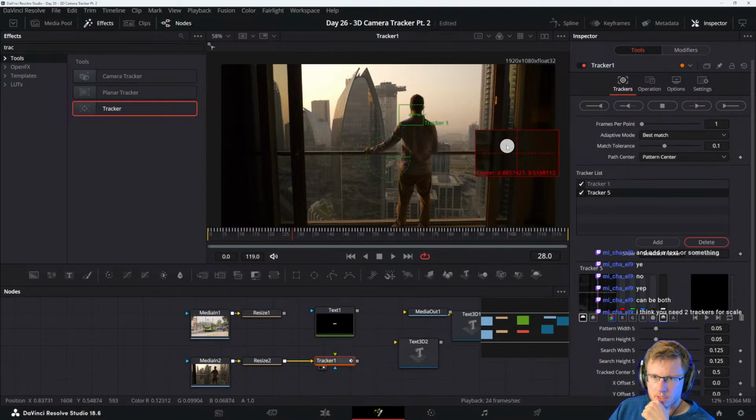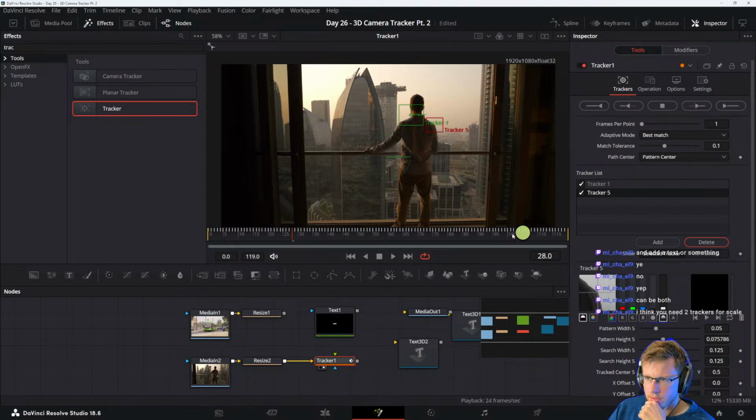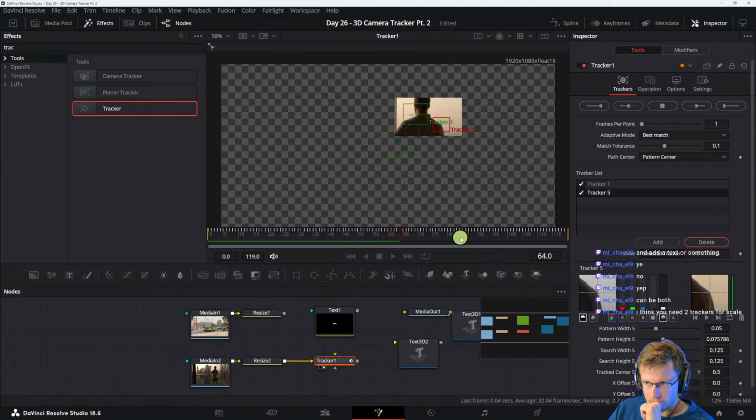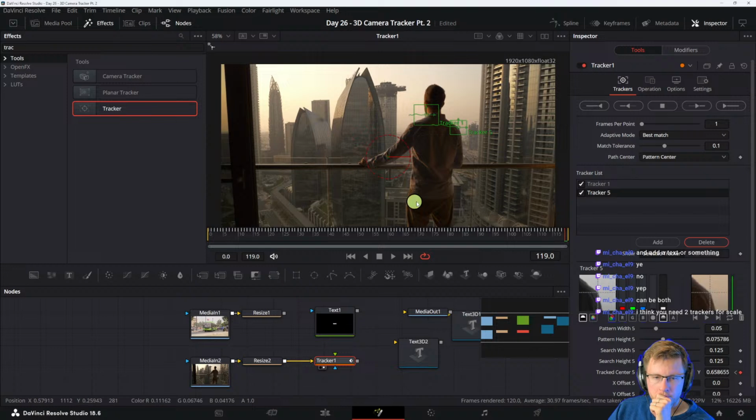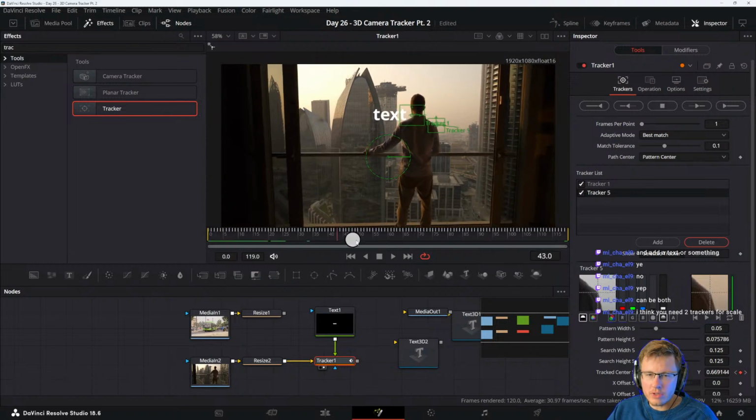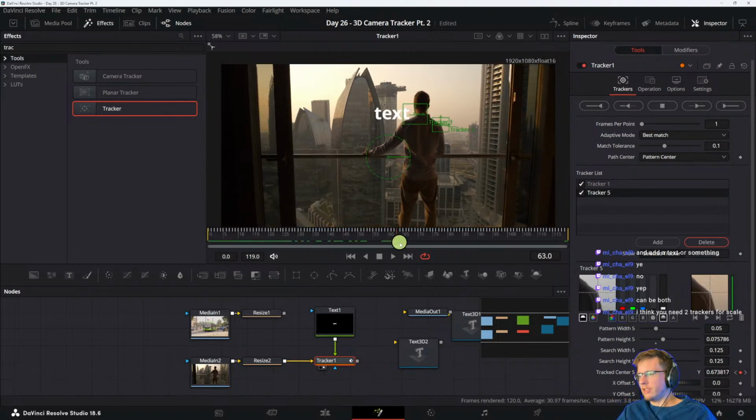Let's get this shoulder. All right, forward and backwards. Oh, that's awesome. So it just automatically